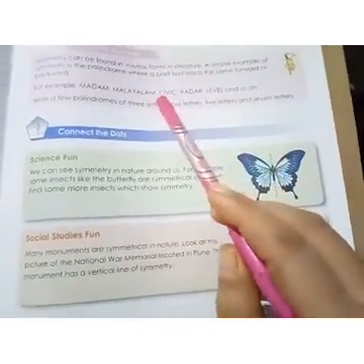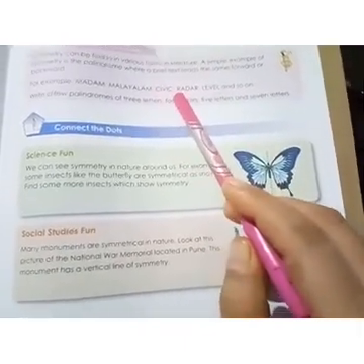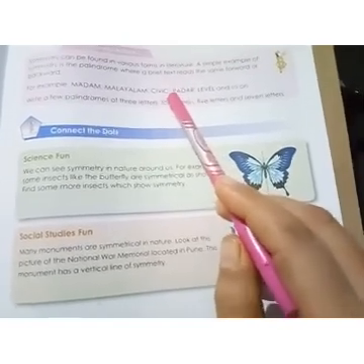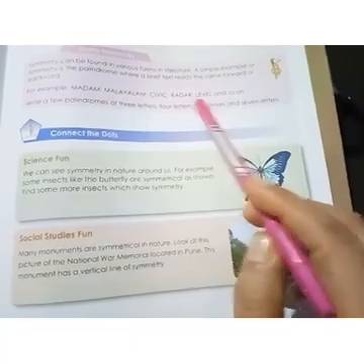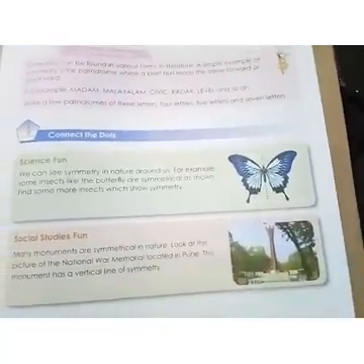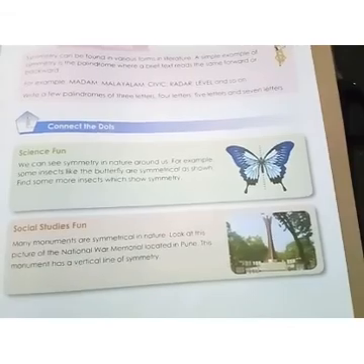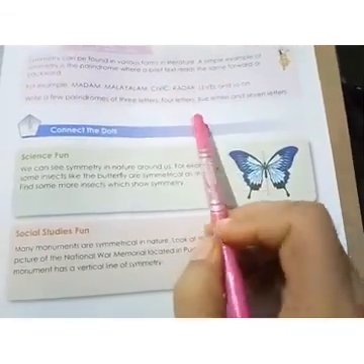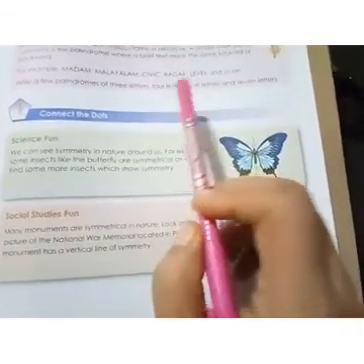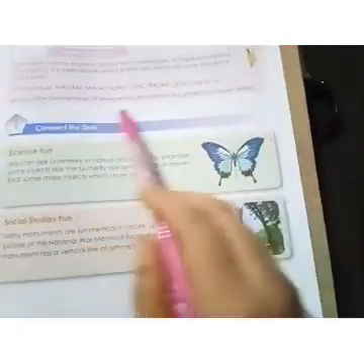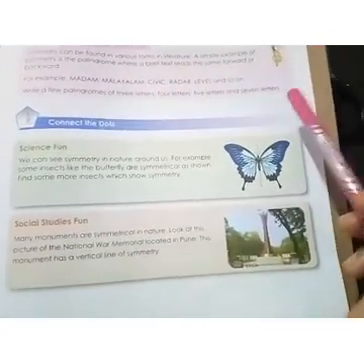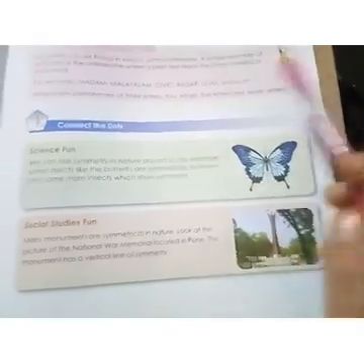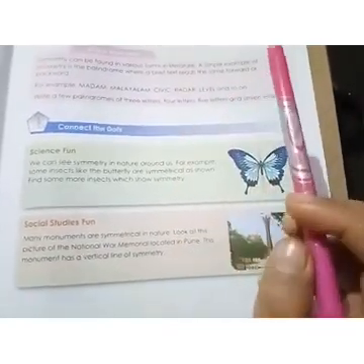The next is civic, C-I-V-I-C. From the end also C-I-V-I-C. Next is radar. Again the next is level. So these are the words known as palindromes, which are the same from the beginning or from the end. Can you think of any other words as palindromes? You can write them down on page number 21: 3 letters, 4 letters, 5 letters and 7 letters. So you can think of your own if you know any other palindrome words of 3, 4, 5 and 7 letters.